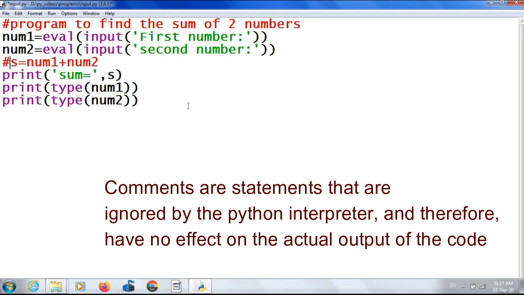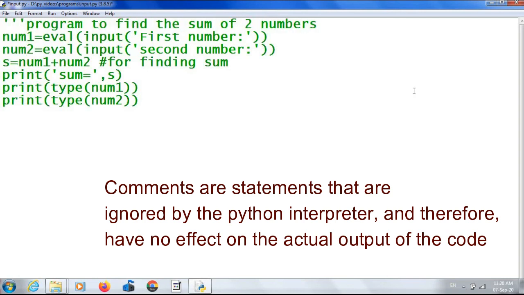These are called single line comments. That is, this comment lies in a single line. I can put a comment here also. Hash for finding sum. And there is one more type of comment. It is the multi-line comment. See here, triple quotes.